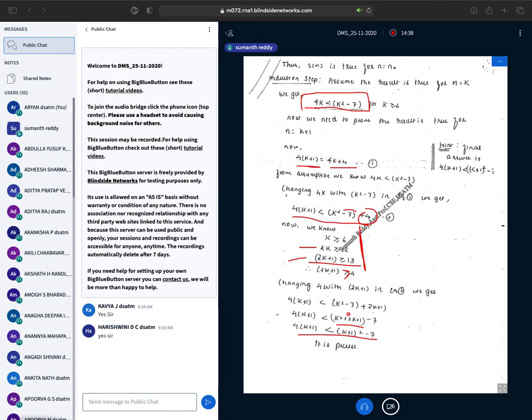So now I have k square plus 2k plus 1 minus 7. So this can be written as k plus 1 whole square minus 7. See students, these kind of problems, I told you, right? One advantage is obviously you will get to know what the final answer is. So in the basic step you will replace with the least value. There is no confusion for you in that part.